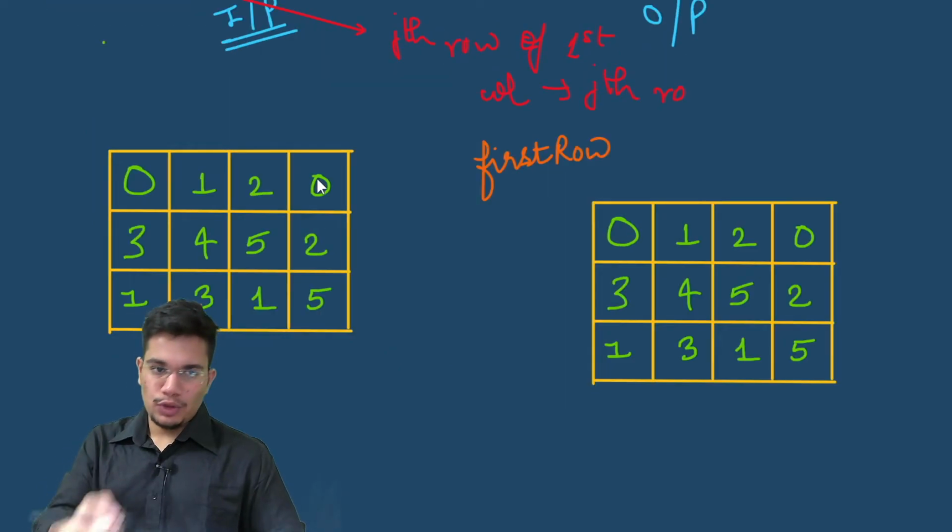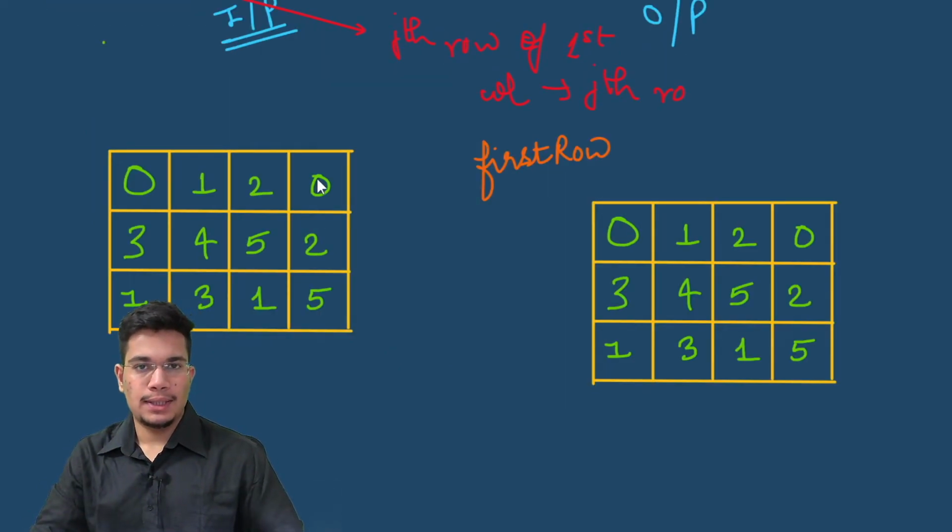So let me dry run for this particular test case to explain this further so that you better understand it. First we have this variable first row. This is going to indicate whether I have to change the first row elements to 0 or not, and we initialize this with false. This is going to be a boolean, and then we iterate over the entire matrix, first rows and then every column for that row.